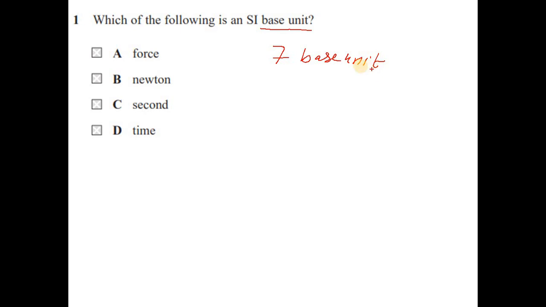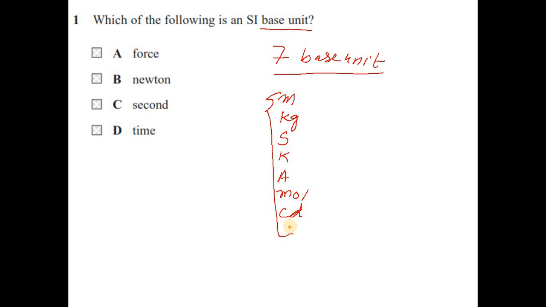If you can memorize them, it will be good and a lot of help for you. These are meter, kilogram and second, Kelvin, ampere, mole and candela. So 1, 2, 3, 4, 5, 6 and 7. These are the 7 base units, and their corresponding quantities are: meter is for length, kilogram is for mass, S is for time,